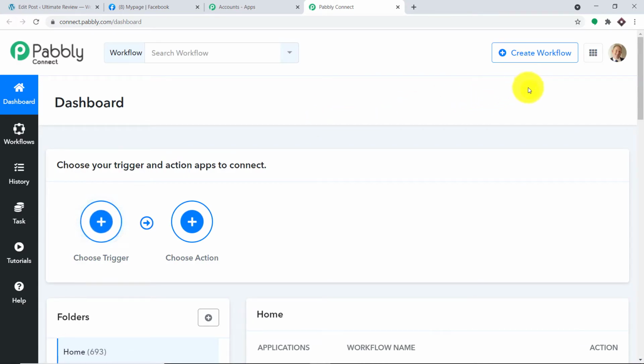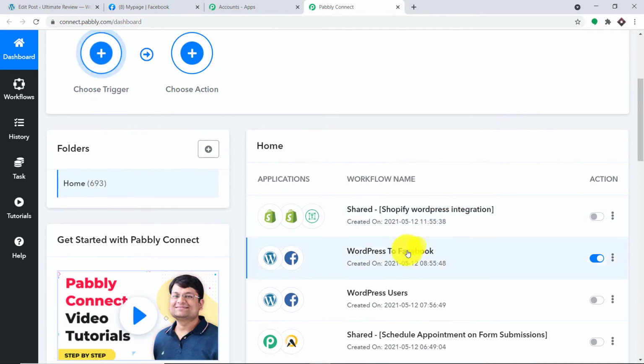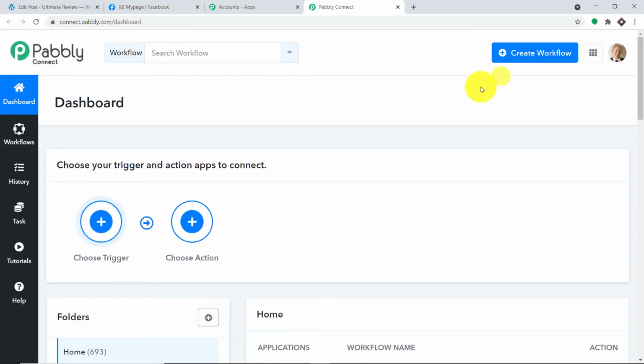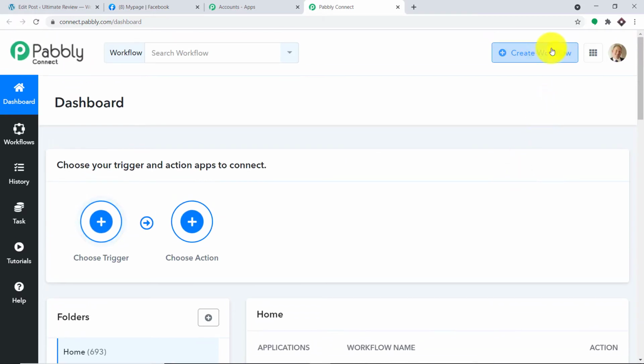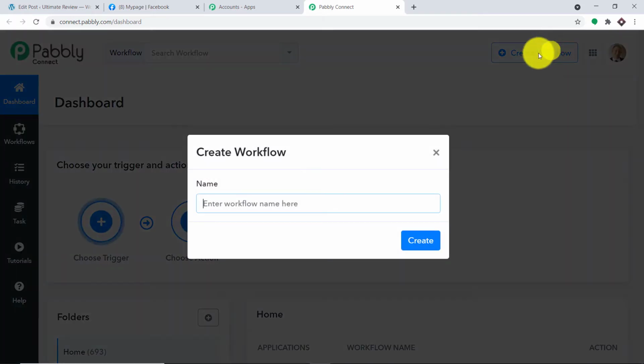Now, before I create a new workflow, there is something I have to do. As you can see, there is already an integration that has integrated WordPress and Facebook. So I'm going to switch off this workflow. Your obvious question is, why are we switching off this workflow? It's working absolutely fine. Well, the answer is very simple. Since we are going to create a new workflow, this old workflow running parallel to it will create the problem of duplication of results. The same post will be published twice on Facebook. So to avoid double results, I have switched off this workflow. It is actually none of your concern because we are going to start from scratch by clicking on Create Workflow.